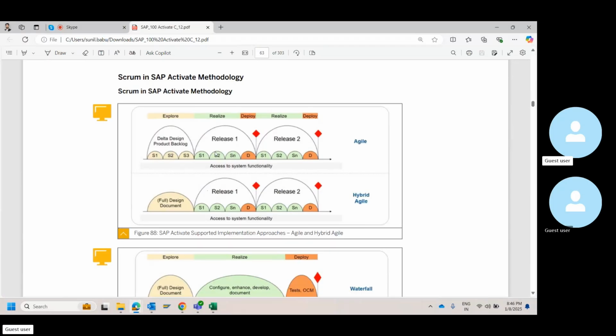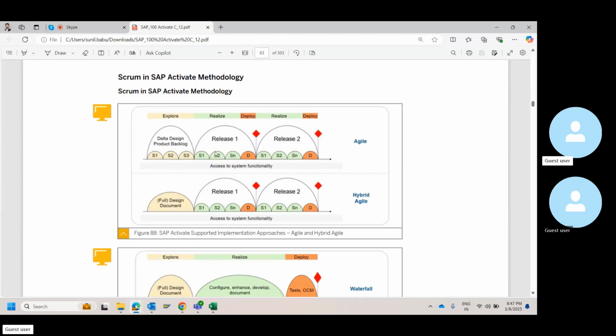So I can have it sprint wise. First I will release must and should for sprint one. You can start testing those things as part of the phase, and you do the solution walkthrough for those things. Then in the second sprint, I'm going to give you the rest of the 50 objects. You can then take a second level of solution walkthrough for those objects. However, the standard configuration will all be shown. Whatever is the impacted business processes of those 50 objects, that will be showcased in the second sprint. So we can also do it like this.